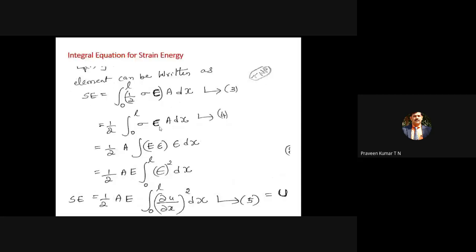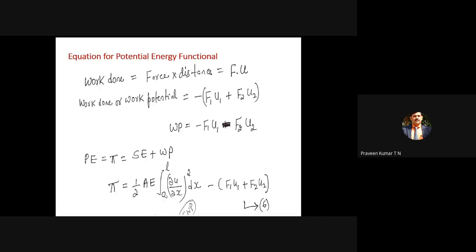So now the same thing is shown here. We have epsilon square, and the epsilon square is replaced by del U by del X, the whole square. We have the equation here in integral form. So in finite element analysis, we have a general formula. Either you are writing in the integral form or differential form, or in some cases integral differential form. Finally, you are writing the strain energy stored in the spring or any member or segment in the integral form, with epsilon square replaced by del U by del X, the whole square.